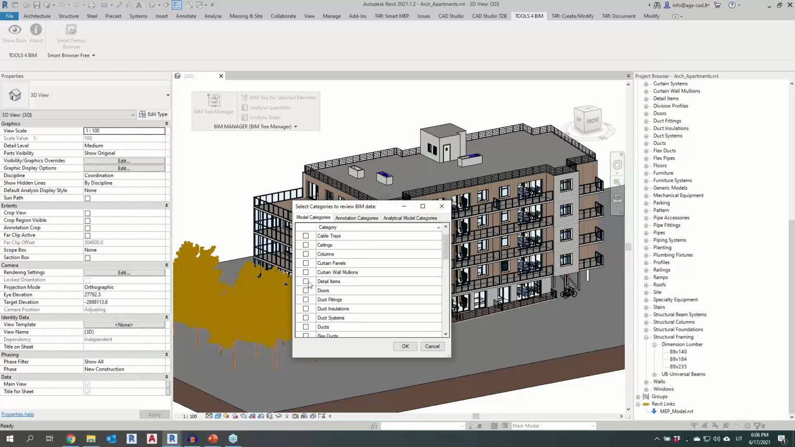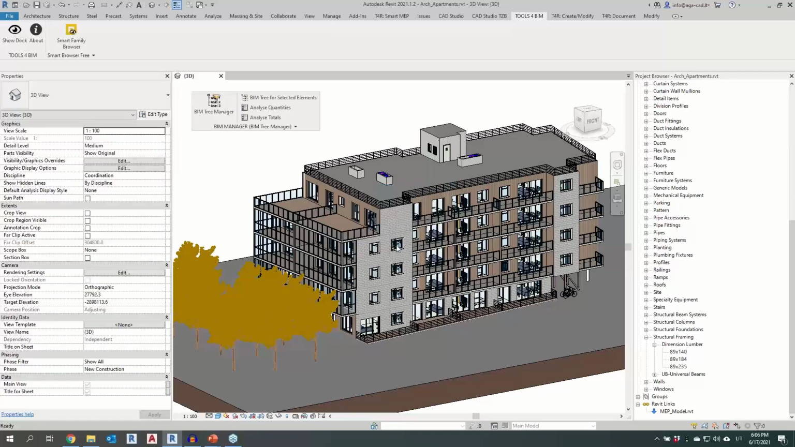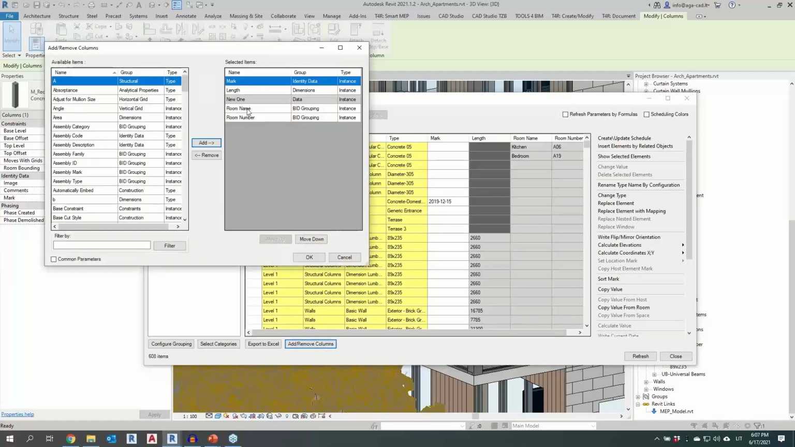So I will just find the columns and floors. I missed it. Here it is. Now the tool goes into the deeper analysis. It analyzes every single element of the categories that we have selected, and it will show the table with all those elements. So yes, we have right now here